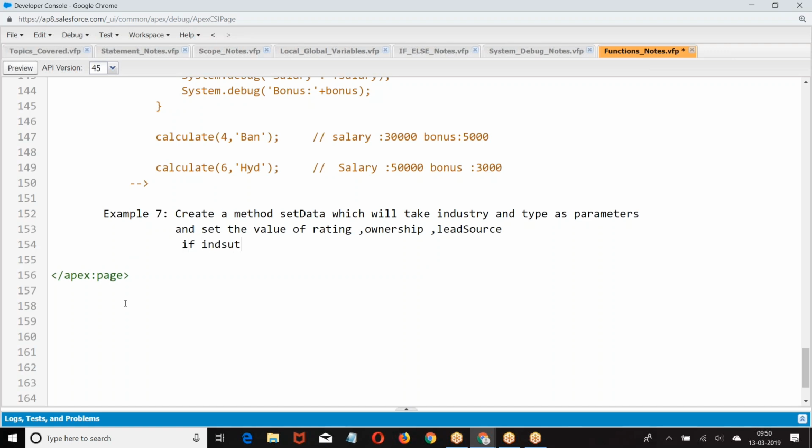Wait, let me complete it first. Don't interrupt every line. First, let me write the program. When other people are writing the program, you can ask your question. If industry is new customer,